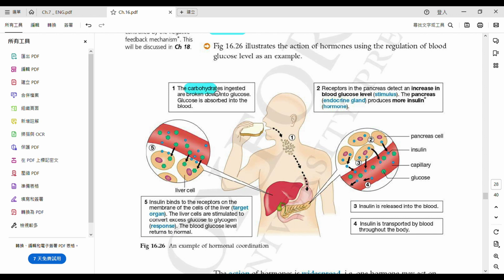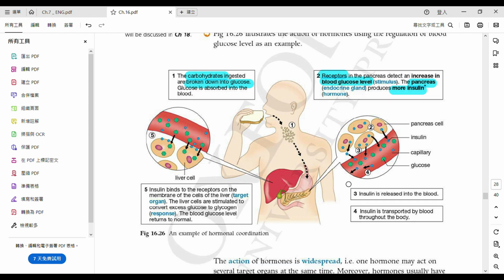得唔得？So first one, carbohydrates 一啲碳水化合物啦，broken down into glucose，佢會變成咗我哋嘅葡萄糖啦。So this glucose will be absorbed into the blood。咁既然 after it enters our blood, what will happen？你嘅 blood glucose level 就會去 increase 咗啦，就 raise 咗啦。Alright，and then therefore 你嘅 receptor in the pancreas 就會 detect 到啦，就會感受到。And then the pancreas will start doing something。你嘅胰臟會做啲嘢咯喎。It will produce more 胰島素呢個字啦。Okay, this one is called insulin。佢會產生多啲嘅胰島素 insulin。